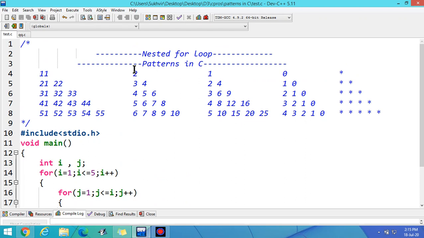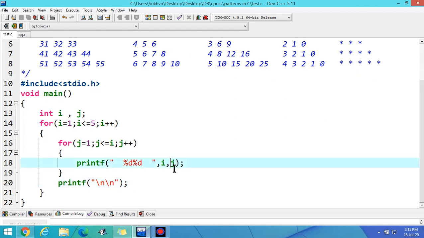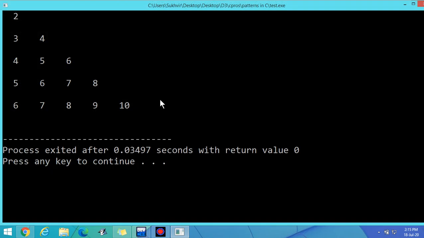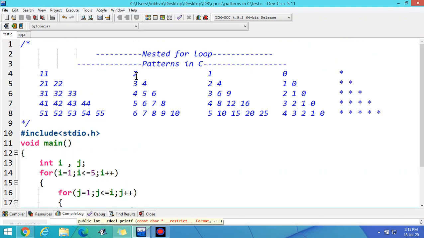Now look at the second pattern. If I add both the values i and j, then I can find this pattern. Try this one. Suppose I write i plus j. Now check the output. The output is 2, 3, 4, 4, 5, 6. This output is similar to the second pattern. Because if I add the numbers, you have to check what is going to happen inside the looping content. You can design the loop in a different way also, but it is the simplest way if you check the value of i and j.